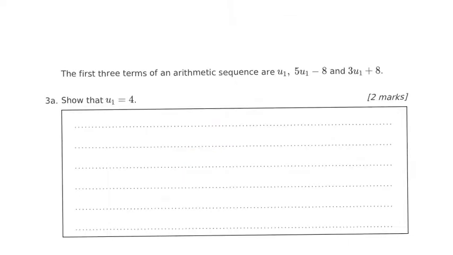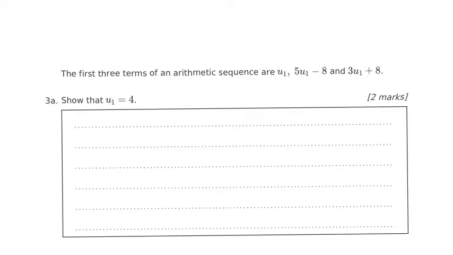The first three terms of an arithmetic sequence are u1, 5u1 minus 8, and 3u1 plus 8. 3a, show that u1 is equal to 4. With an arithmetic sequence, two consecutive terms give you the value d, the common difference. Therefore, we know that